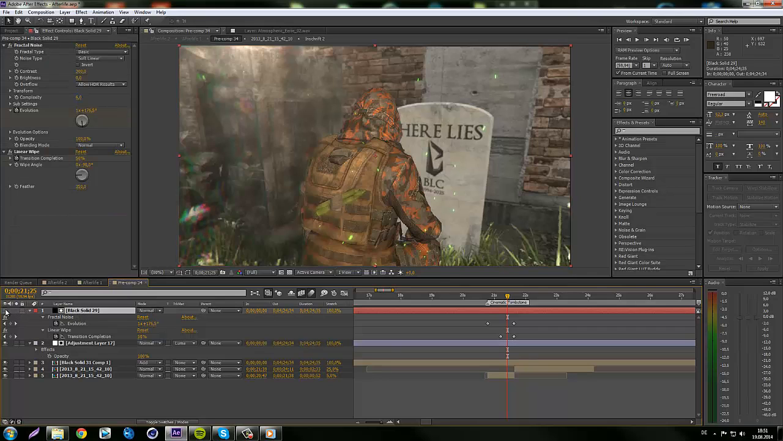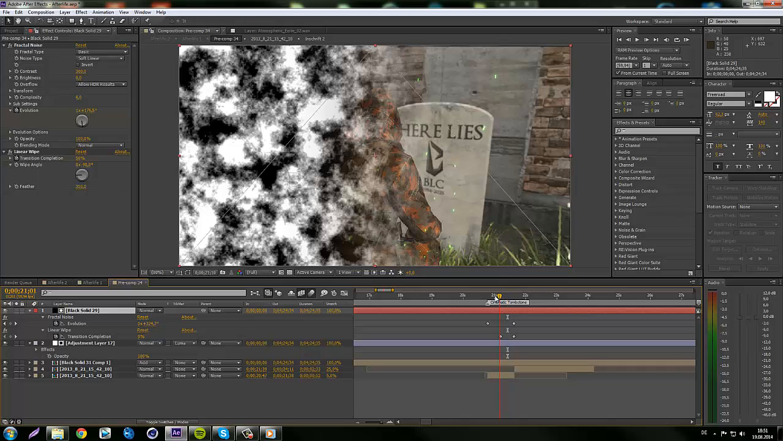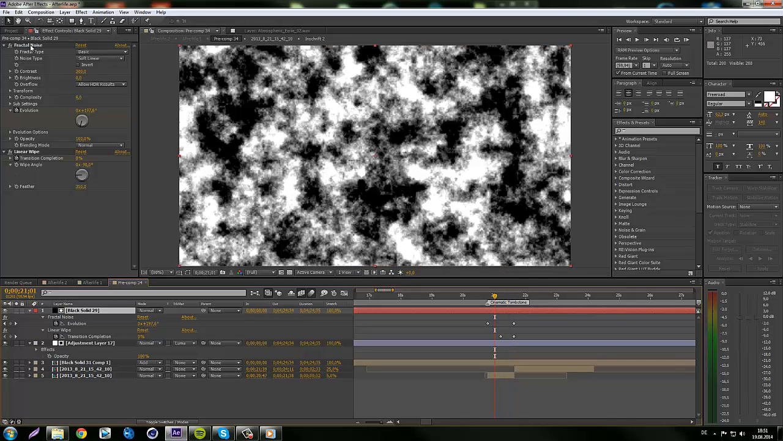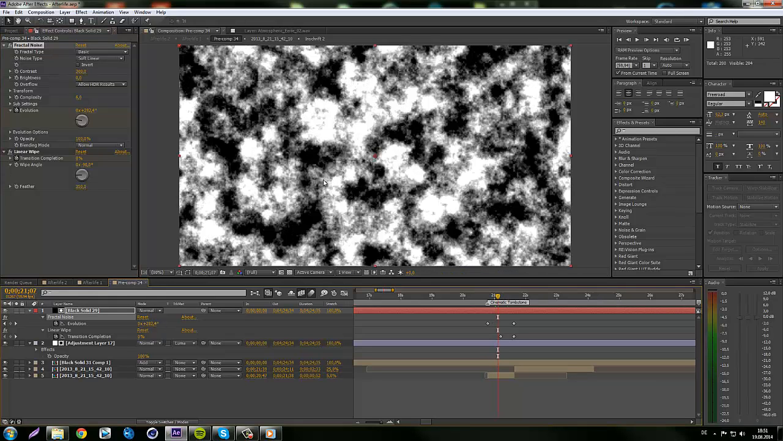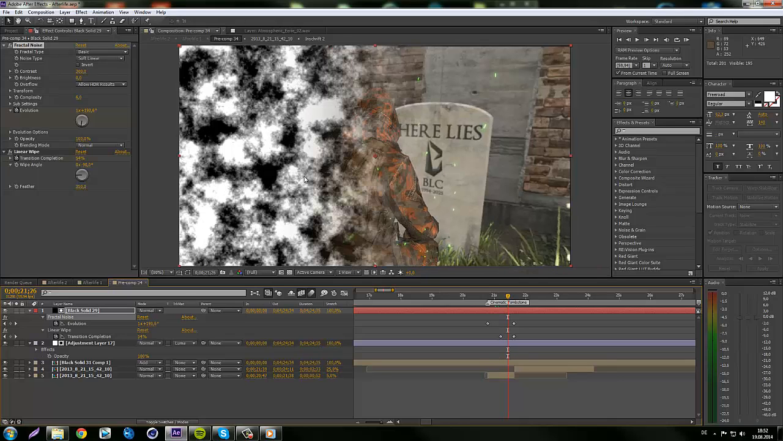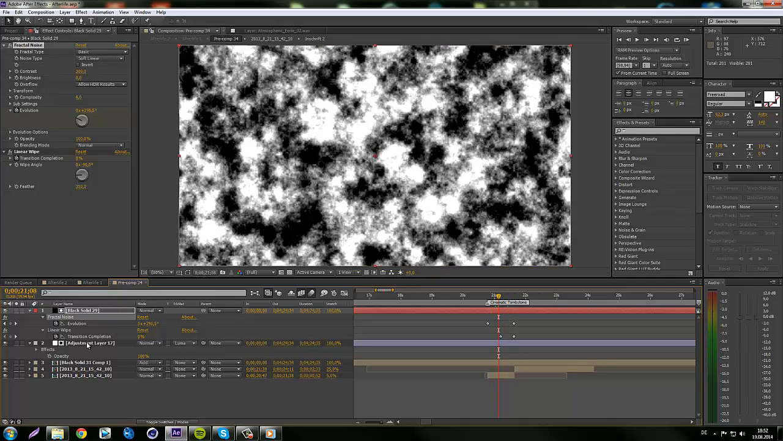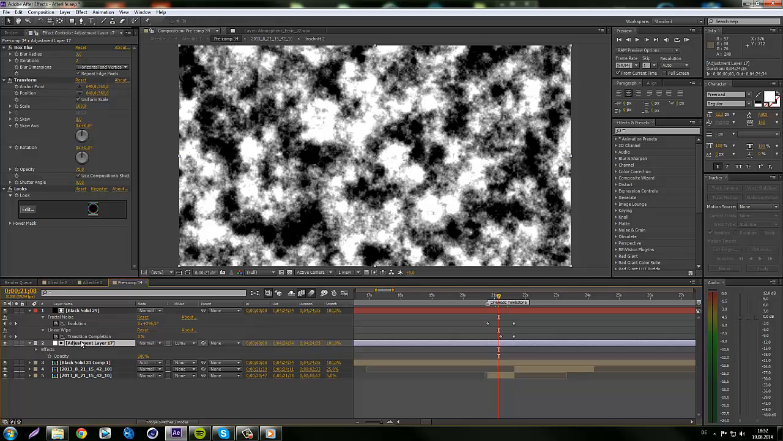That's basically, I took a fractal noise and I animated it. So it's a fractal noise. I animated the evolution, so it's moving, like animating. And I cranked up the contrast, and then had it animate off with a linear wipe, so it's going off. And then I just took that layer and, well, actually I made an adjustment layer right here. I put some blur on it, so a transform effect, and